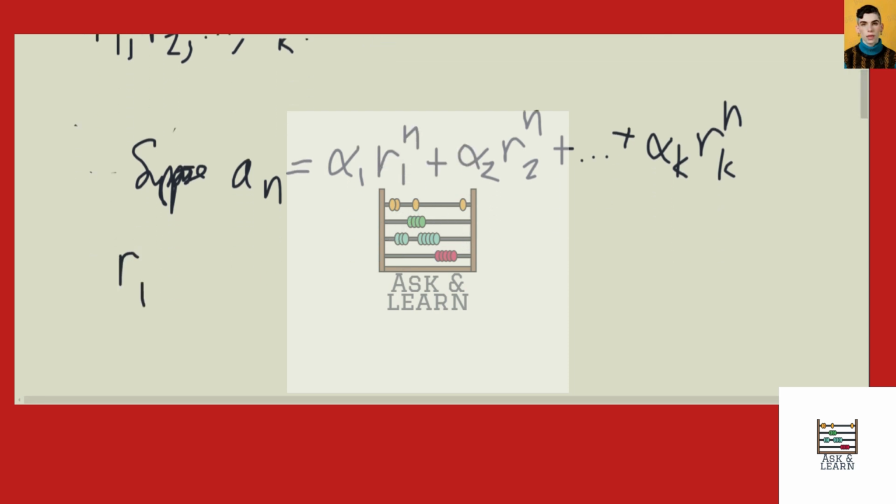And we have that r1, r2, and rk are roots of our characteristic equation. So that means that they satisfy